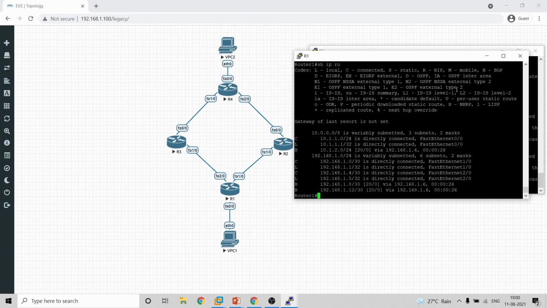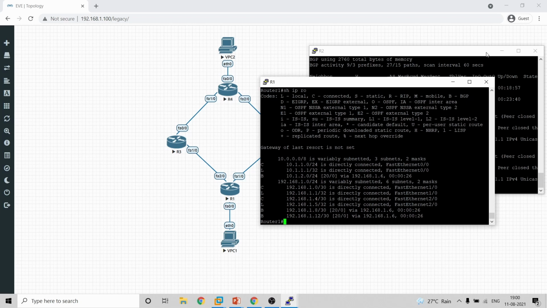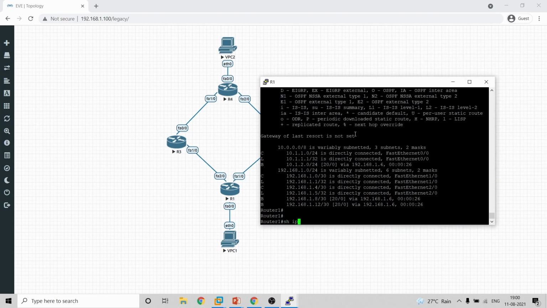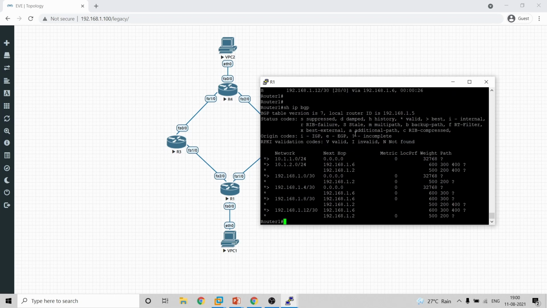So there is another command to see how the routes are preferred. The command is show ip bgp. So you see here 1.2. It is a valid route which is star, and which is the best route which is greater than, and you can see what the weights are here. So you can see two routes are present, 1.6 and 1.2.